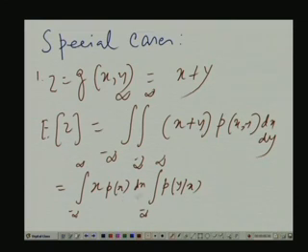So, p x comma y is broken here as p x times p y by x. This integral is with respect to x. So, x p x they are brought within this integral. This integral is with respect to y. So, just this comes out. This is from the first term, x times p x comma y. Similarly, I can also break it, p x comma y can be broken as a product of p y and p x by y. So, that leads to